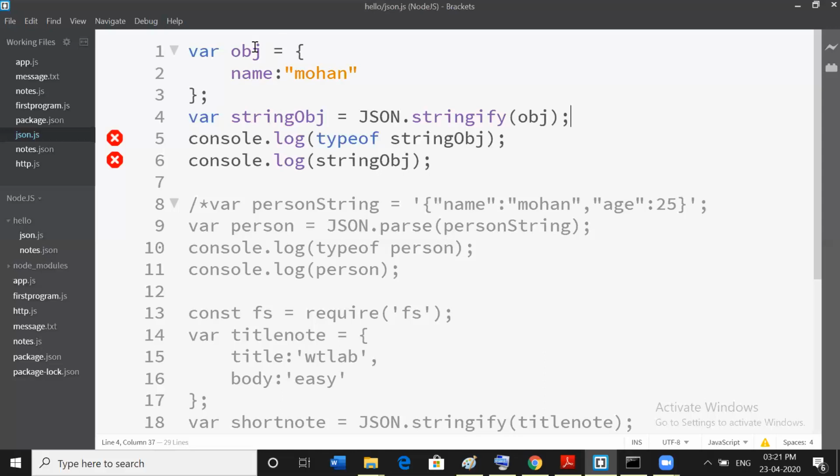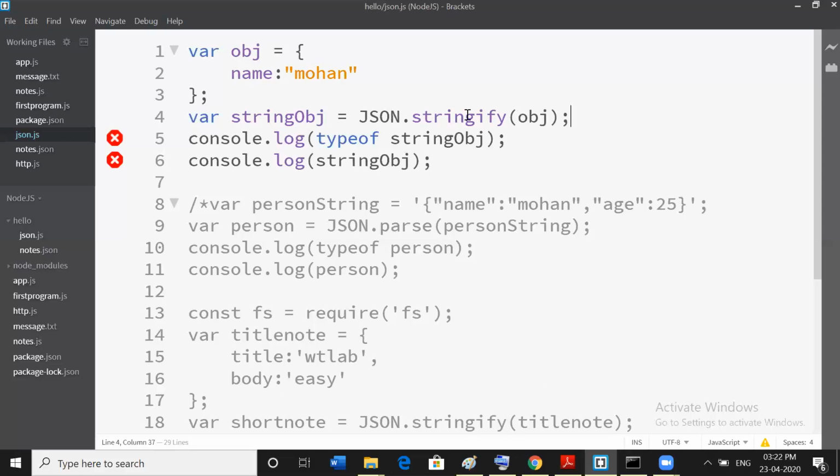Then I created the variable obj, and this is the information in it. Then I created another variable, string obj, which is assigned JSON.stringify of obj.